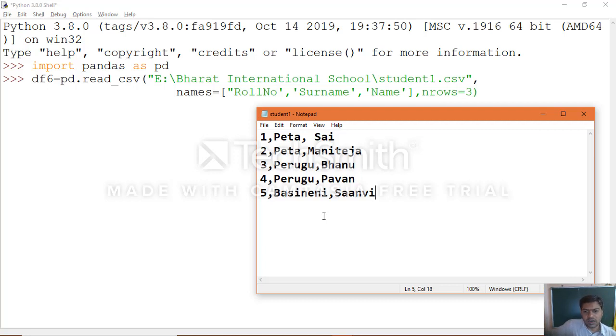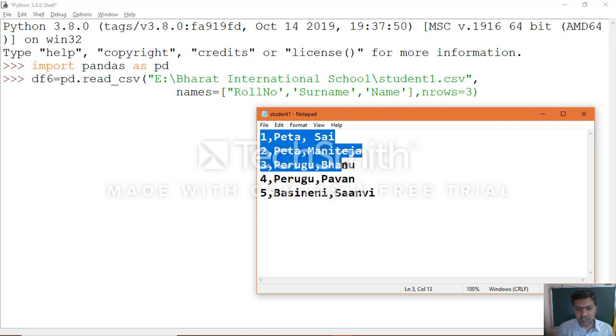Now from this we want to extract the first 3 rows. You can see the first 3 students' data will be extracted. In our CSV file we didn't specify any column header, and that's why we used the names argument, because we want to specify our own column headers. Once you execute the object, only this information will be the output. This data will be extracted and stored into the data frame object. Okay, so let's execute this.